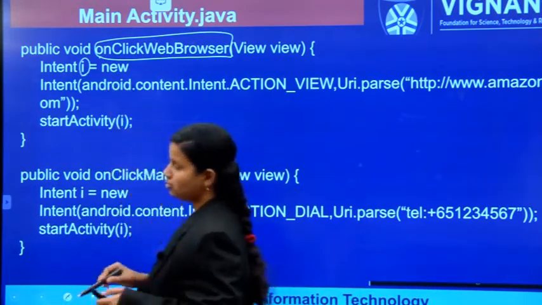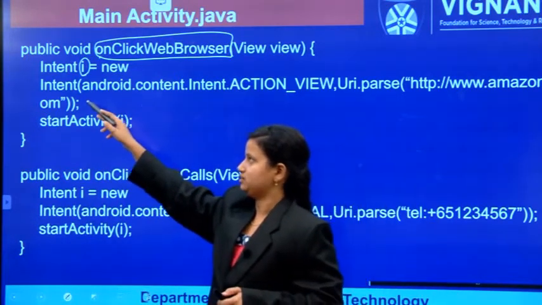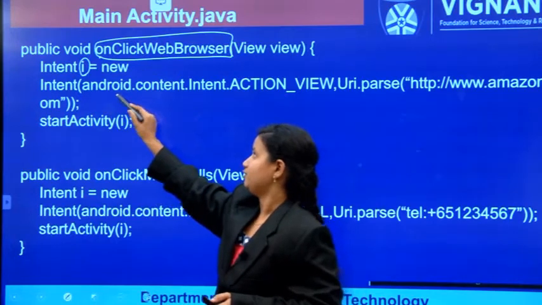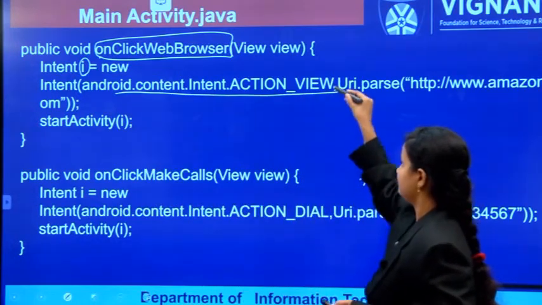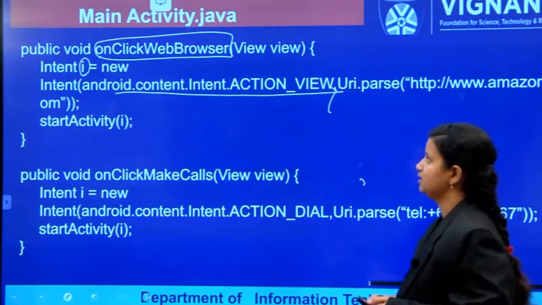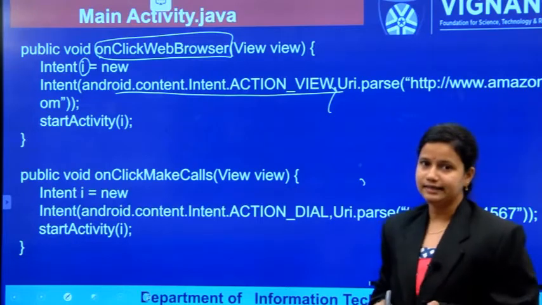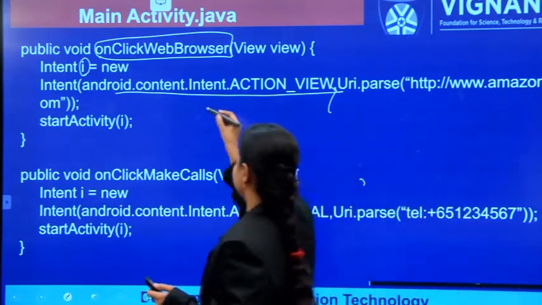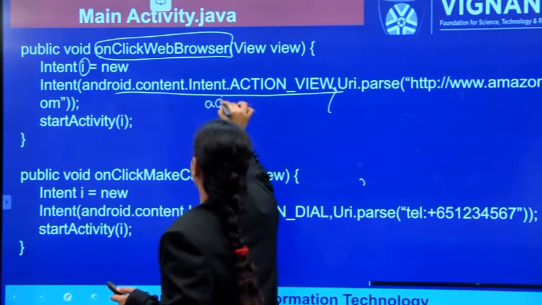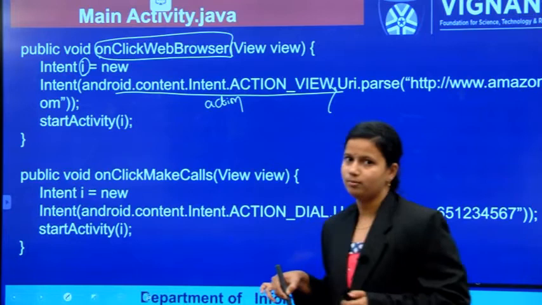First of all, an intent object is to be created. After that, the intent object takes two parameters. The first parameter is nothing but action underscore view, android dot content dot intent dot action underscore view. That means the first parameter is the action, that means what we have to perform.